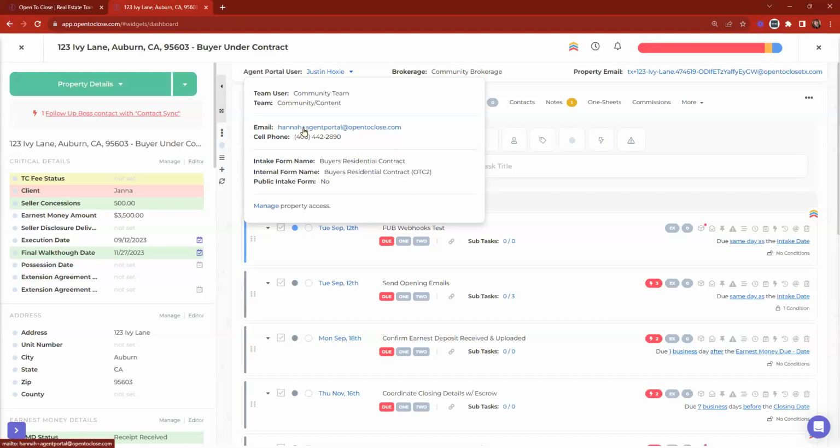You'll need to make sure that you have that plus sign, agent portal, to create it, or plus sign whatever you need it to say. It could say Hannah plus sign Open to Close at opentoclose.com, Hannah plus sign nachos at opentoclose.com. I've got my brain on food right now. It could be Hannah plus